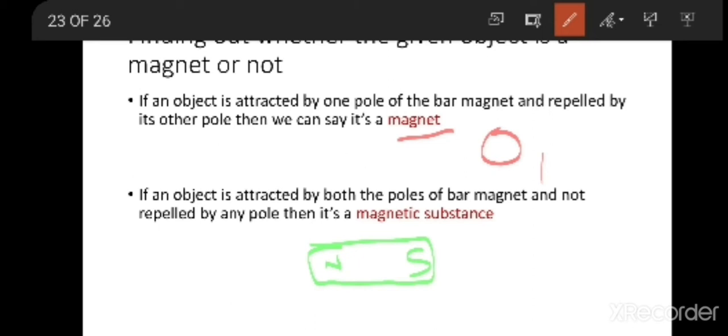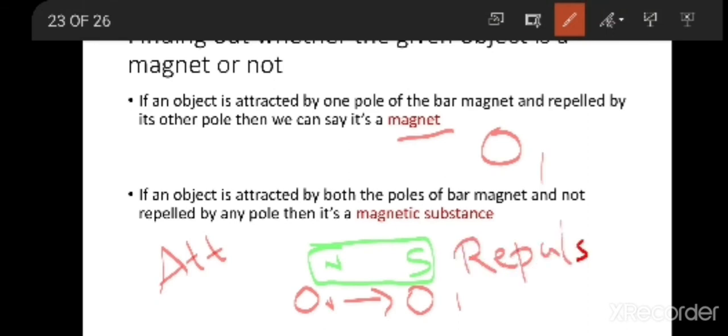To find out if it is a magnet or not, you place object 1 near the north pole. If it shows attraction, and then the same object 1 placed near the south pole shows repulsion, then you can say the given substance is a magnet.